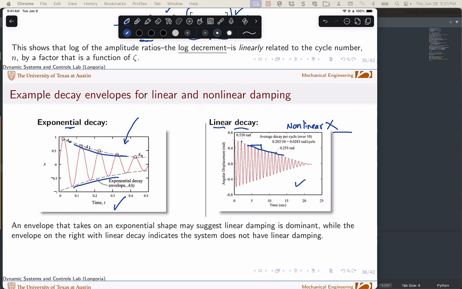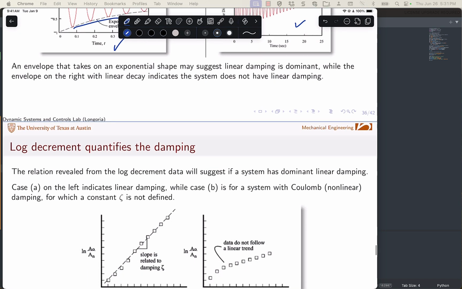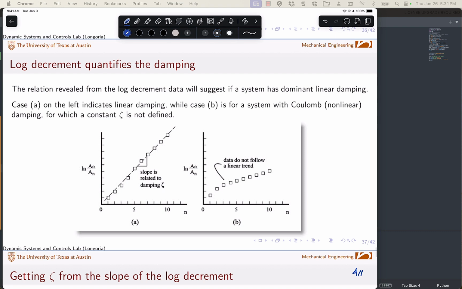And let me show you two different cases. When you plot the data, right, here's a log decrement in two cases. This was a case where I had actually a linear system. Here's the n for each cycle, plotting that ratio. A0 is the first one, and you plot all the subsequent ones taking n, and you plot it versus n. And note, you get a nice linear trend. Get the slope of this guy here, and let's call that beta. Okay, that slope using a basic linear regression can be used to find zeta, and I'll show you the formula